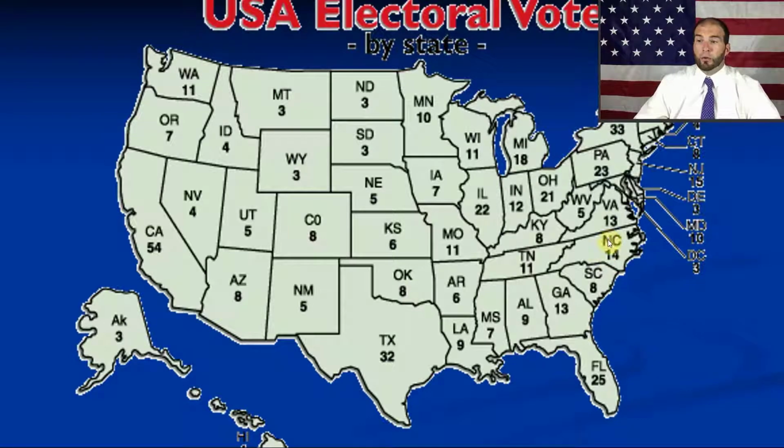So in North Carolina, when there's a presidential election, everybody shows up at the polls to vote. Whichever way the majority of people vote in North Carolina. So say there's candidate A and candidate B. If 52% of people in North Carolina vote for candidate A, and 48% vote for candidate B, that means candidate A won North Carolina, and candidate A gets all 14 of these votes. Those are the only votes that count.